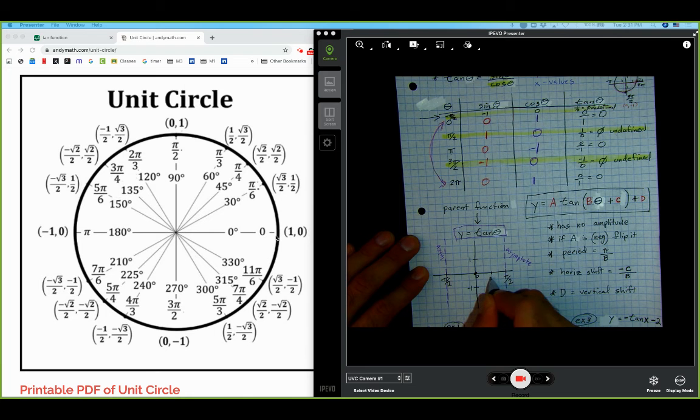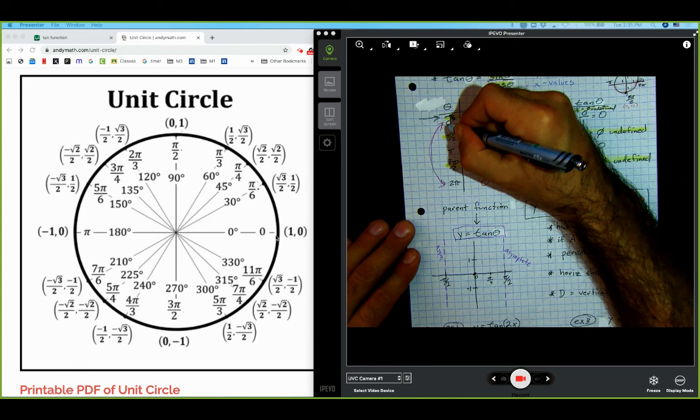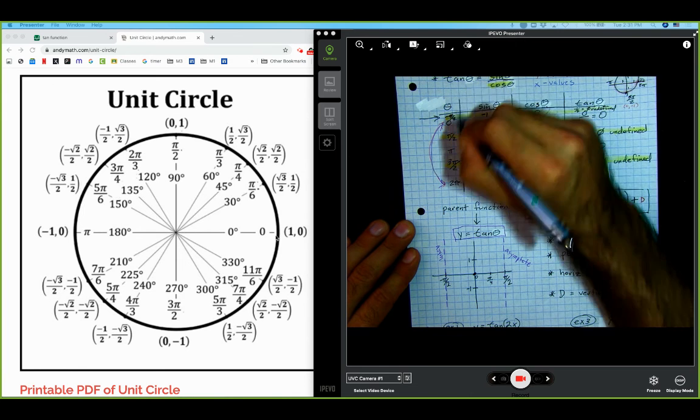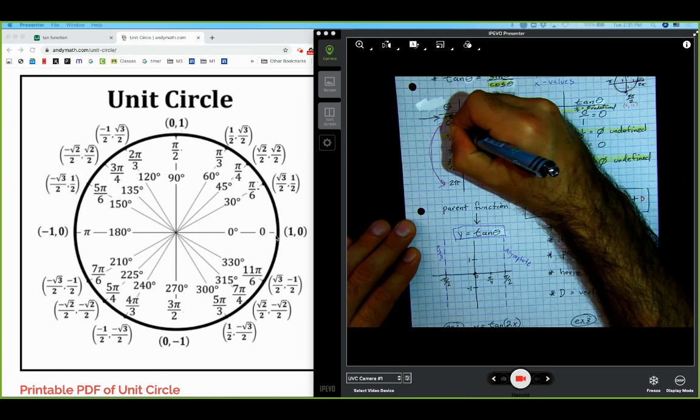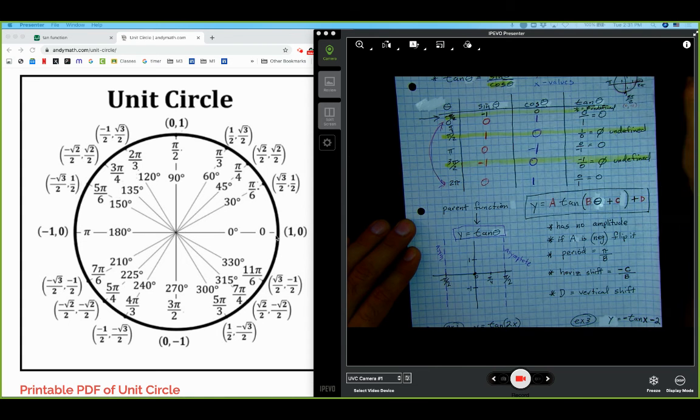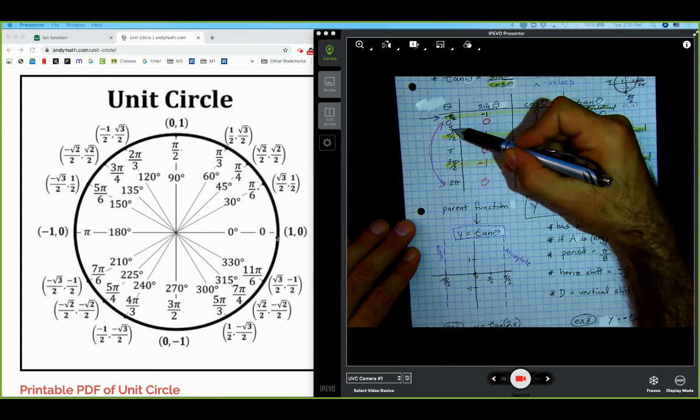Let's do this one. It's at pi over 4. Okay. So if I was adding that, maybe I want to add it to my table. If you just don't have the room for it, you can add it at the bottom of the table. But if I added pi over 4 to this, right? Looking at pi over 4,